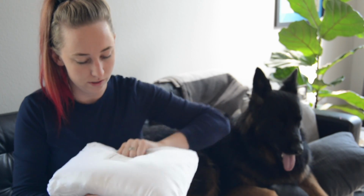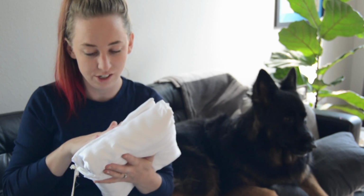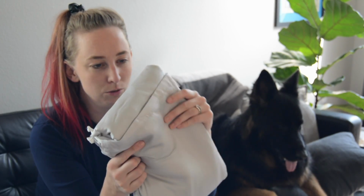So one of the reasons that we picked this is because it's made out of Tencel, which I've never felt before. I'm hoping I like it. It's made out of eucalyptus fibers, and it's a sustainable fabric. It feels very silky soft. I like it, but this is very different. Then we got a gray